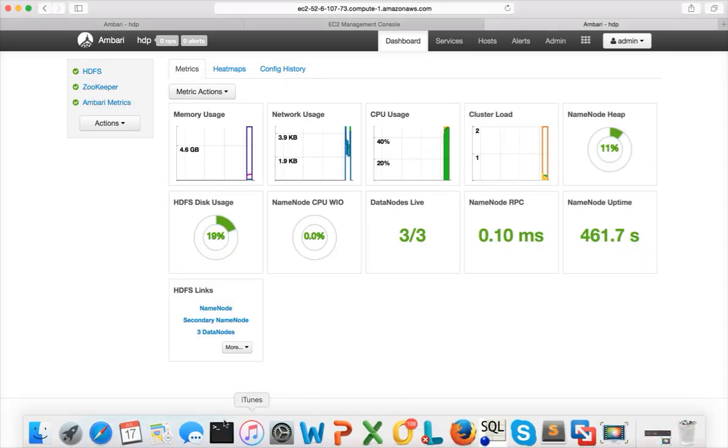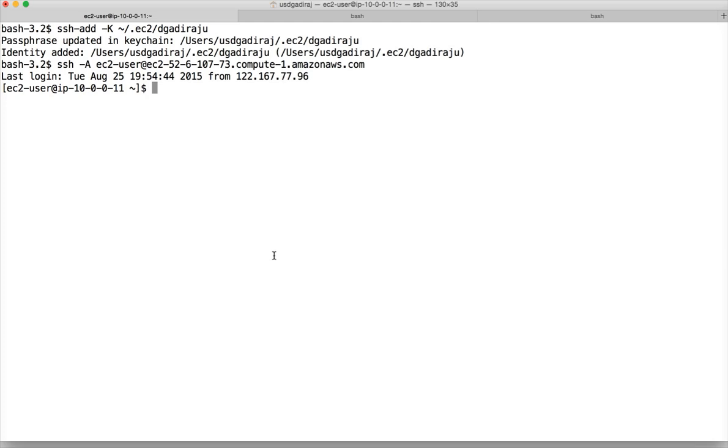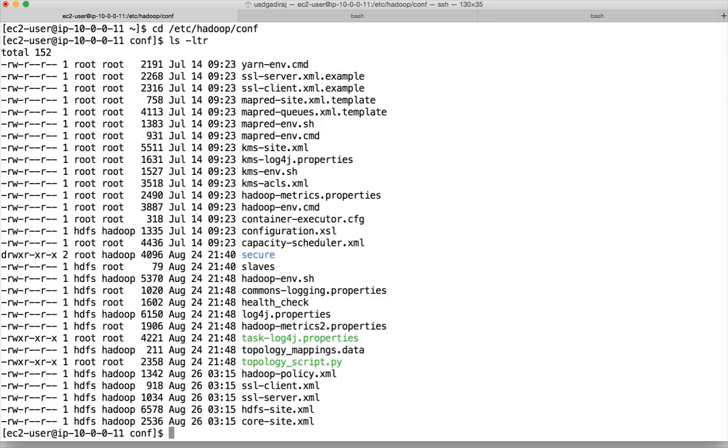For that we need to go to the configuration files, and here you can go to cd etc hadoop conf and then ls -ltr. You have a bunch of them, and we are talking about name node and data nodes explicitly, which are related to HDFS. So name node web interface and data node web interface is only related to HDFS. There is nothing to do with any other components. So the parameters related to that will most likely be in the hdfs-site.xml file. So you can go to that,